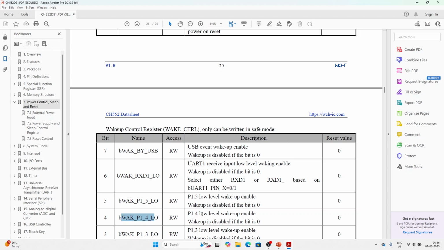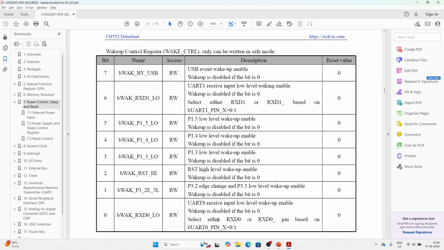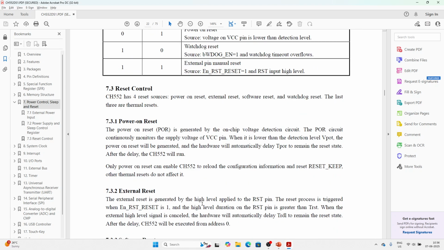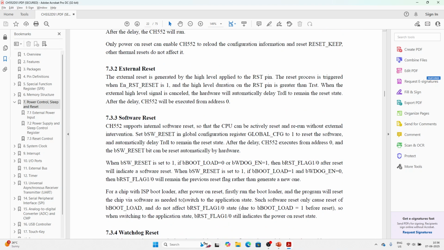So port 1 low level wake up enable, wake up is disabled if this bit is 0. So if we make this bit as 1, then wake up would be enabled, and any low level, if we pull down 1.4, then it sends a wake up signal, things like that, which is power control. So no need to worry about it for designing the